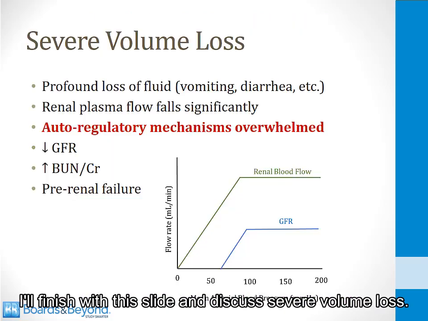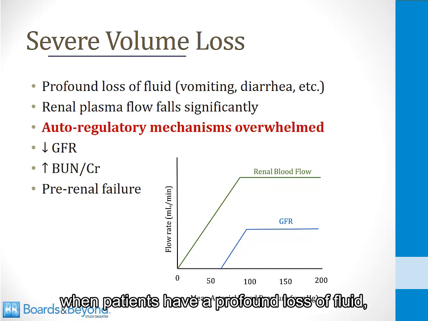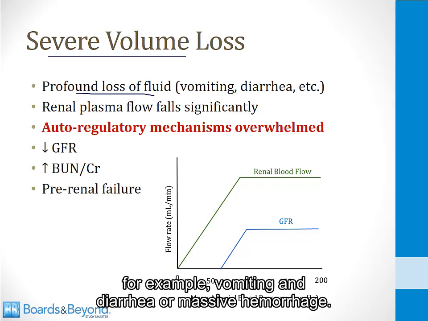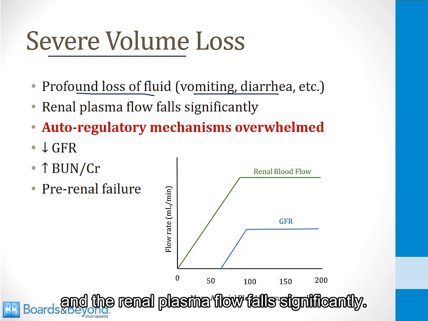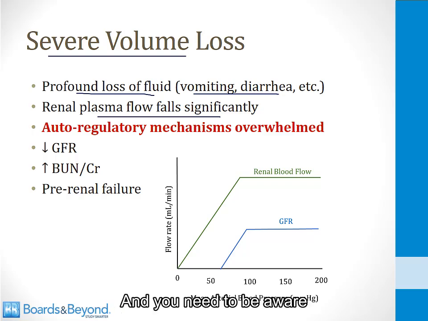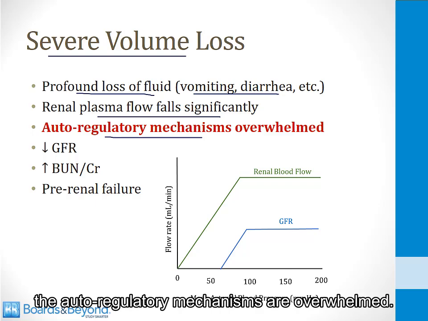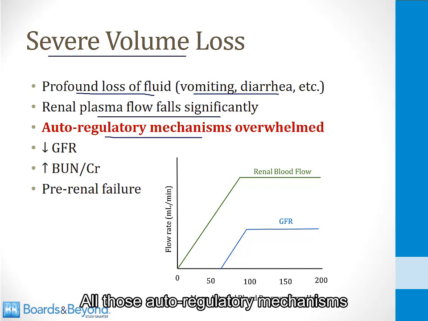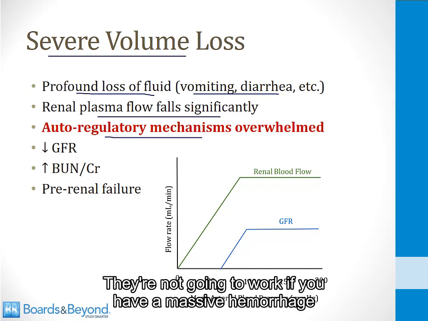I'll finish with this slide and discuss severe volume loss. Severe volume loss occurs when patients have a profound loss of fluid, for example, vomiting and diarrhea or massive hemorrhage. In this situation, the blood pressure gets very low and the renal plasma flow falls significantly. And you need to be aware that when there's significant volume loss, the autoregulatory mechanisms are overwhelmed. All those autoregulatory mechanisms basically are designed to work within a range of normal blood pressures like you experience throughout a normal day. They're not going to work if you have a massive hemorrhage and are in a state of